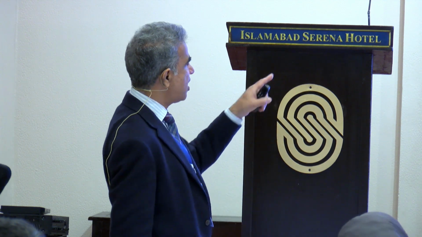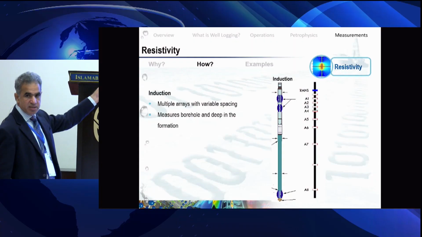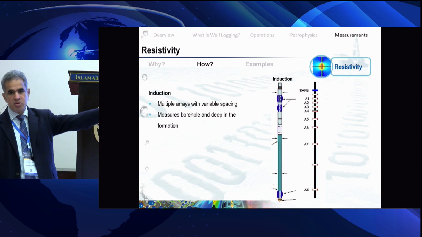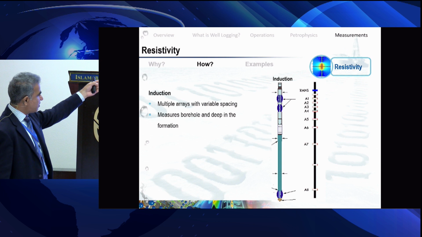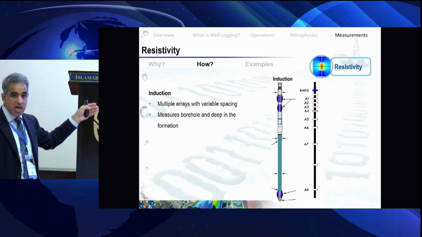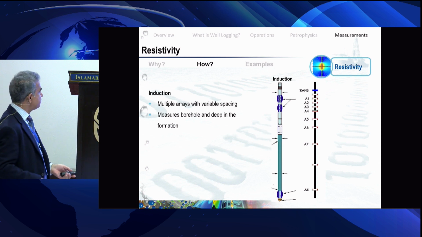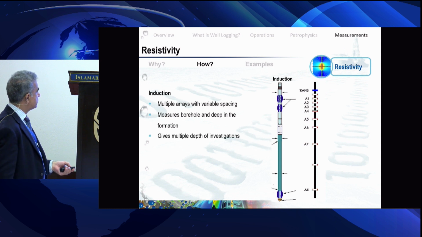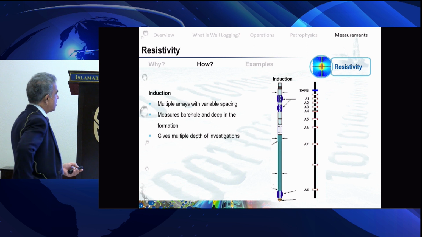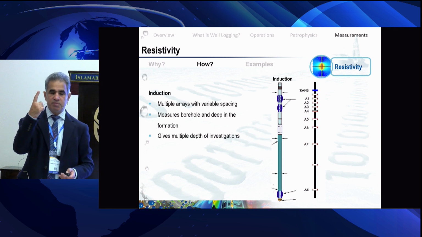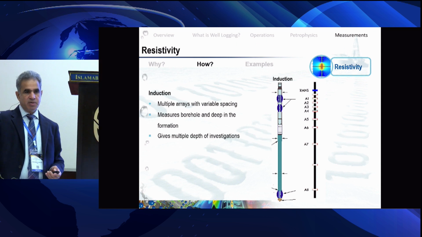So in induction, we have multiple arrays with variable spacing. Some make measurements close to the borehole, some deep into the formation. That's why we have all those A1, 2, 3, 4, 5, 6 different electrodes, sending the current to the formation and then receiving the current. So through this resistivity, instead of getting one single measurement, we get multiple measurements, which have different